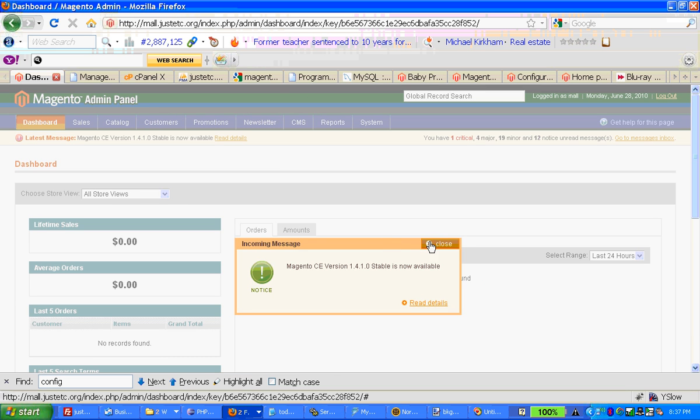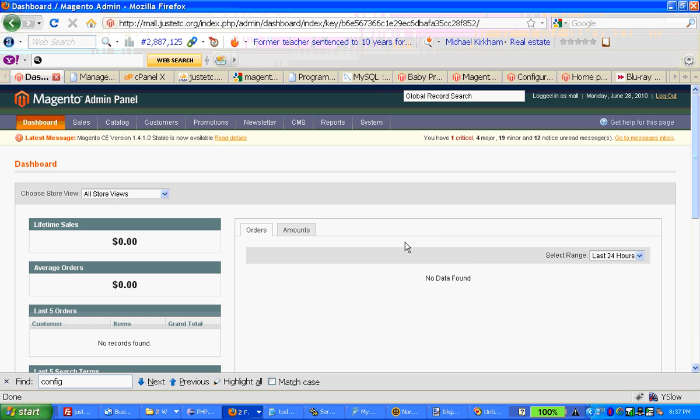I think this will be the admin page. If you go to mall.justetc.org/admin, this will be the page. Okay,